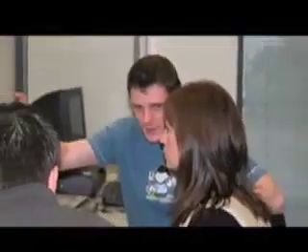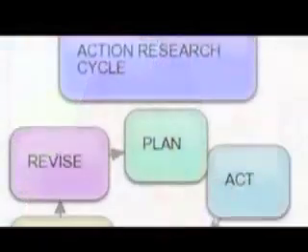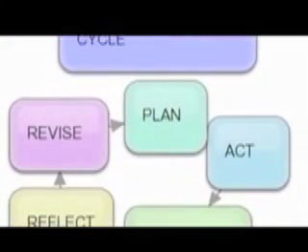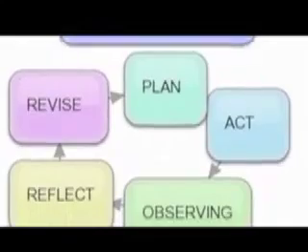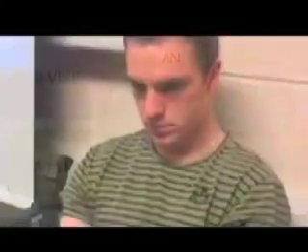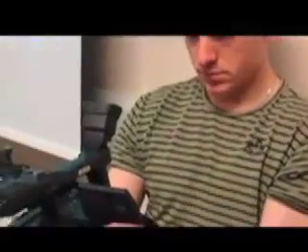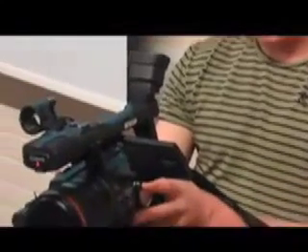Action research is a form of inquiry in which practitioners reflect systematically on their practice in order to bring about improvement and to contribute to new knowledge. Action research is practitioner-based, but the essential features are the cyclical stages of acting, observing, reflecting, revising, and then going through the next cycle again. It's about practitioners carrying out research on their own practice rather than other people carrying out research on their practice. So it's an insider form of research as opposed to outsider research.